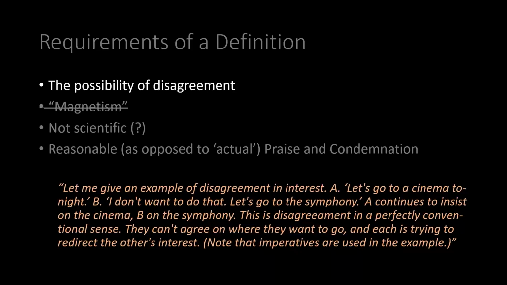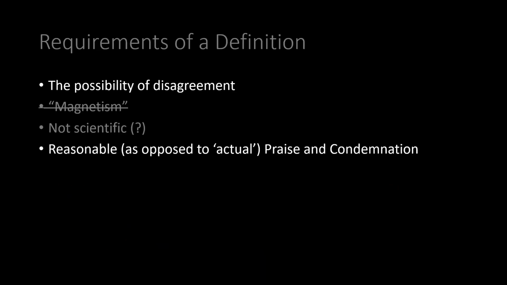A, let's go to a cinema tonight. B, I don't want to do that. Let's go to the symphony. A continues to insist on the cinema, B on the symphony. This is disagreement in a perfectly conventional sense. They can't agree on where they want to go, and each is trying to redirect the other's interests. Note that imperatives are used in the example." End quote. But a disagreement over what form of entertainment to